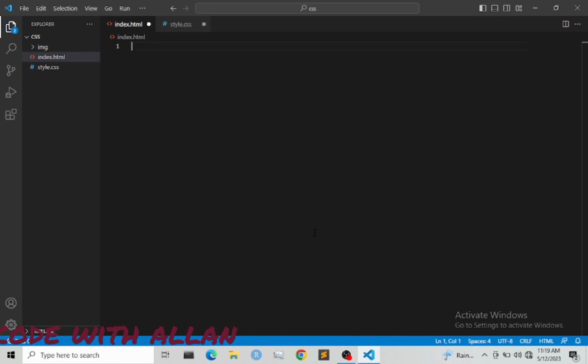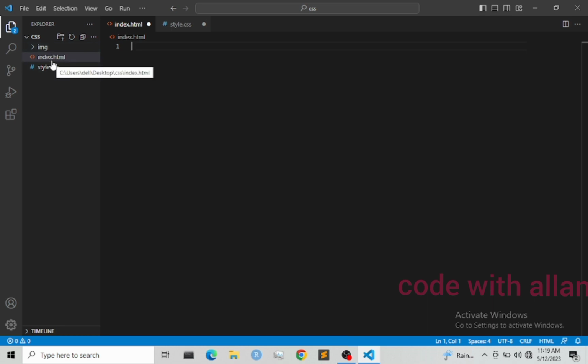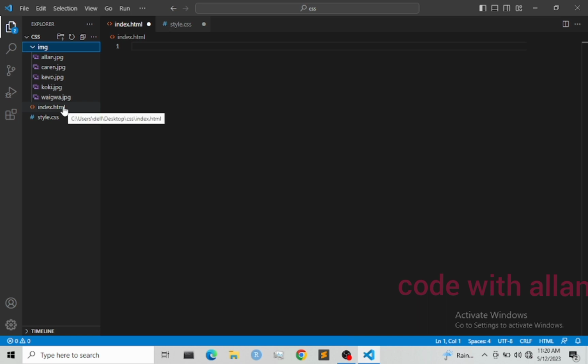So today we are going to design a simple website that will be having a background with changing images. Right here I have three folders. One folder is the image folder with four images, then five images, and then I have the index.html file